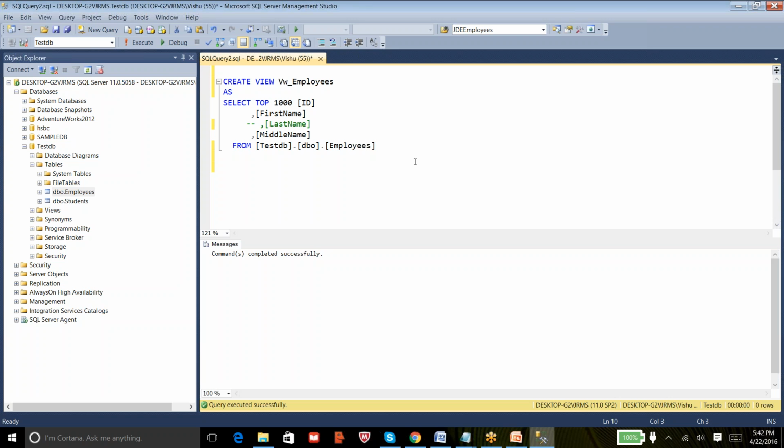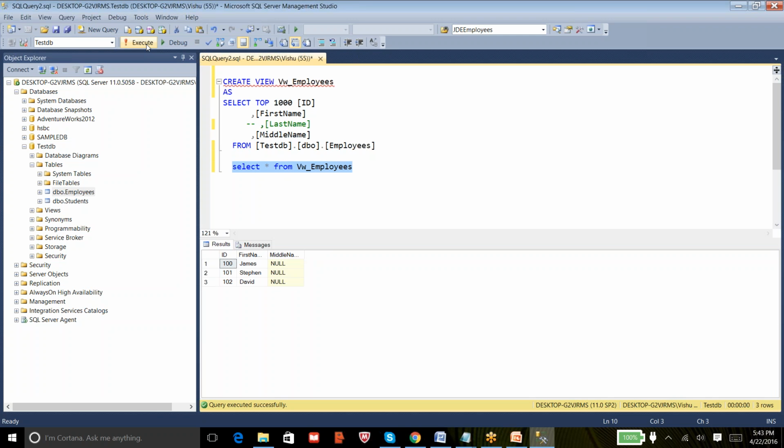So now what we can do is we just provide this view name to the user. So when the user tries to read the data from the table, even though he used star to pull out all the rows and columns in this table, even though he used select star from employees, it only shows him the ID, the first name and the middle name.